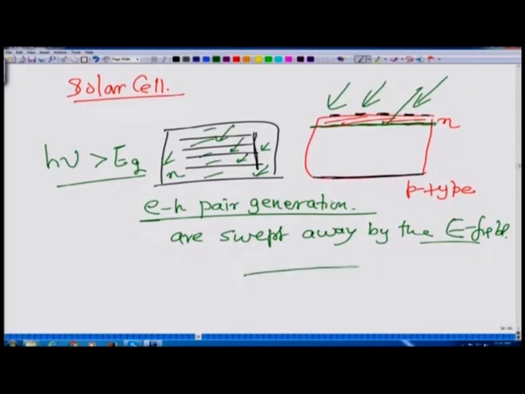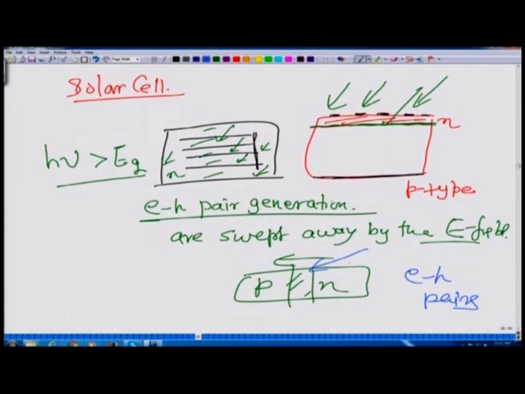So, as usual, if you have a P here, an N here, and a depletion layer, and you have an electric field in this direction, and you do not put any battery, do not bias it, and create EH pairs through this light falling on the depletion region, what will happen? The electrons will be driven in the direction opposite to the field. So, electrons will go this way and these holes will go this way, and you will have a potential difference,